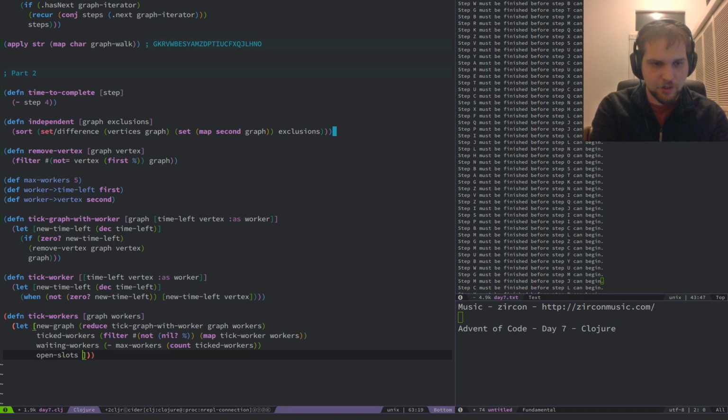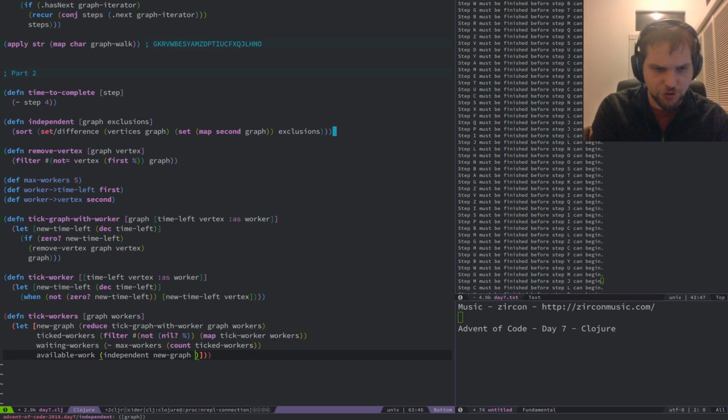Open slots. Available work is going to be the independent slots in the new graph.